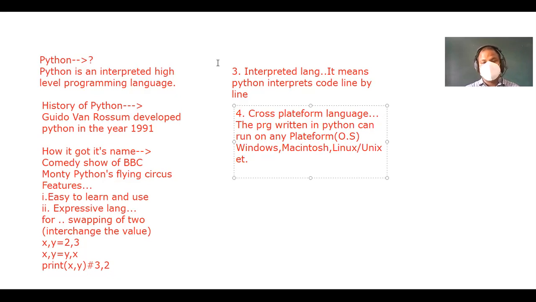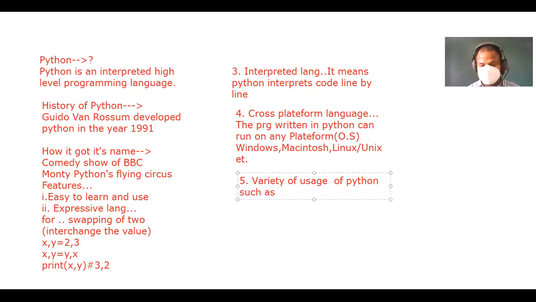And next, what is the next feature of it? The fifth one: it is used by a variety of users. Python is used for many purposes, such as a scripting language, from web development,